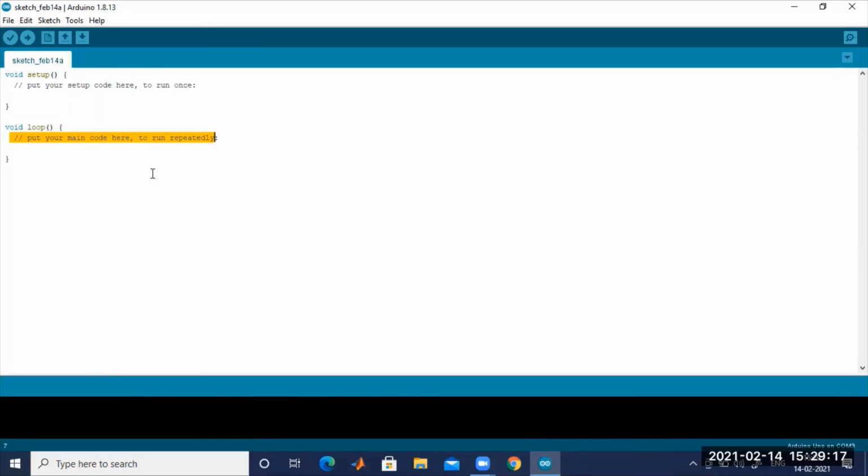First of all, you have to download it. If possible, I will prepare a separate video on how to download that particular software. And then in the upcoming session, I'll be discussing the first program. I'll try to show you how to code the program in Arduino, how to connect it with the hardware, and how to execute. It will be very simple. So we'll meet in the upcoming session.